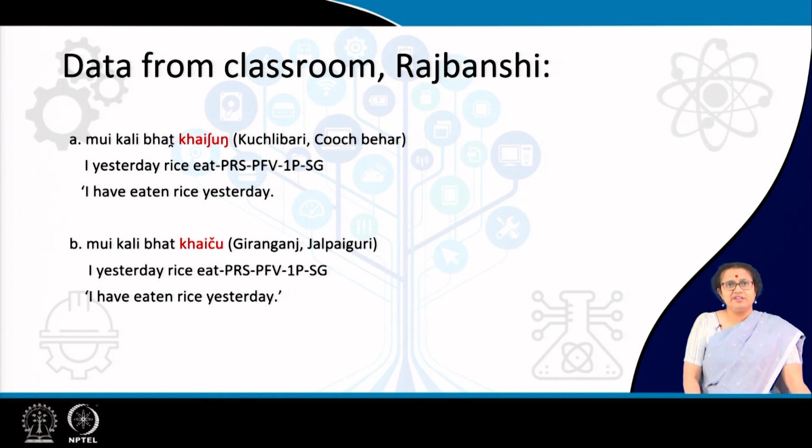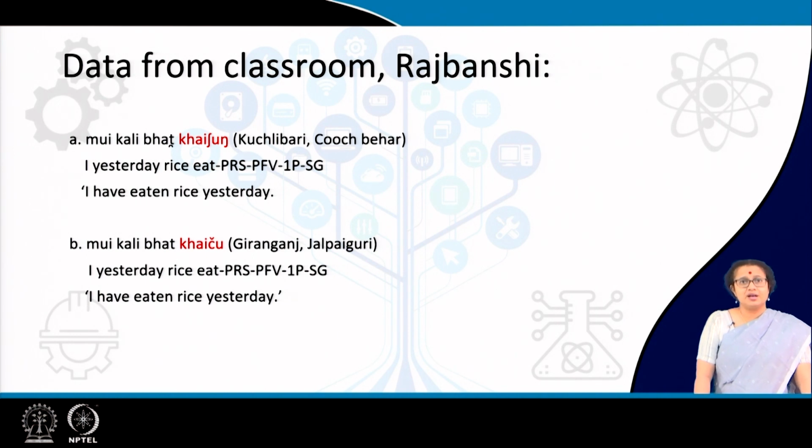So, here is some data from classroom that we have collected, and you can see some more variation. I have shown you some variation data from the same language previously, if you remember, when we discussed language variation, but now we are talking about two different areas. Earlier I have shown the data which one single child can access, the variants that one single child can access, but this is completely different, where in two different geographical locations children use this. They do not use them interchangeably, these are exclusive.